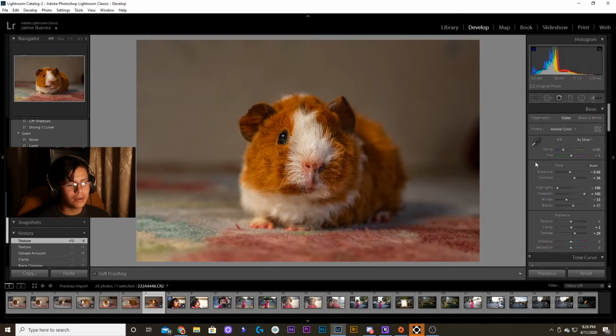Okay, so I didn't do a lot to the image. So what I basically did was I turned down the exposure a little bit, and I boosted the contrast a little bit, because at 0 it looked like that. I just put 26 amount of contrast. Highlights, I turned them all the way down,